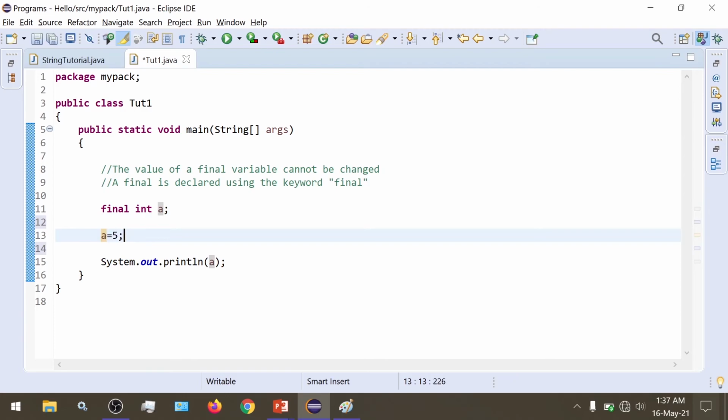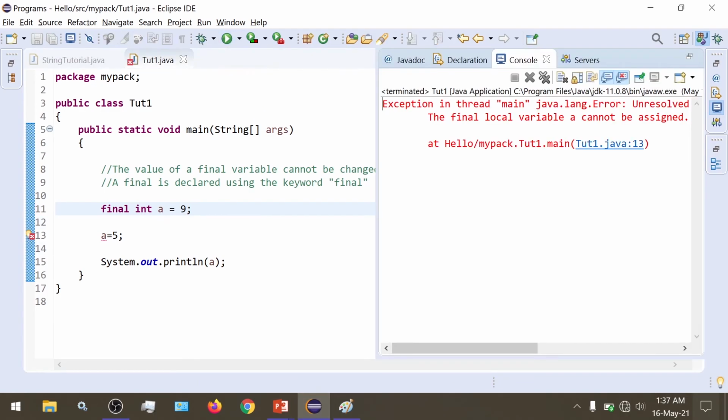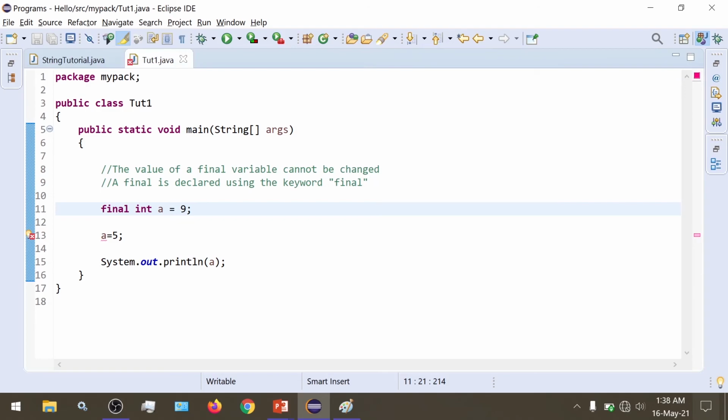Now if I had initialized the variable a, and then tried to run this, we would get an error because a already has the value. So if a isn't initialized, meaning no data is given to a at the time of declaration, then it contains nothing. And then only one time can we run this statement and assign a value to variable a.